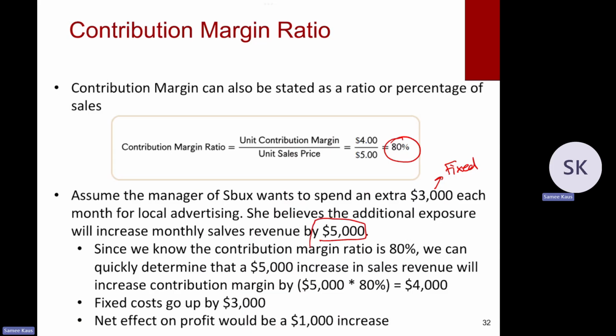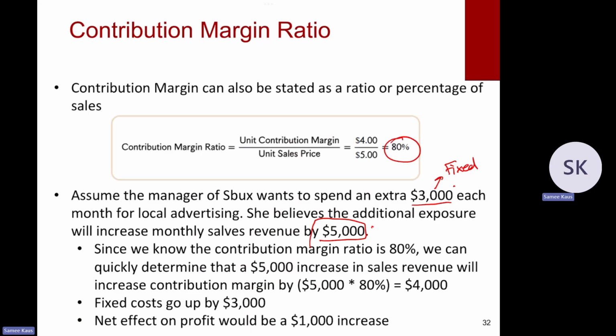$5,000. So now I have to ask myself, I have my fixed cost going up by 3 and my sales revenue going up by 5. Well, how much is my variable cost going up by? Because I need to make sure that I can cover the additional $3,000. Say my variable cost went up by 4,000, well, now I'm going to be losing money if I take care of this. So what I'm going to do here is, since I know my unit contribution margin ratio,